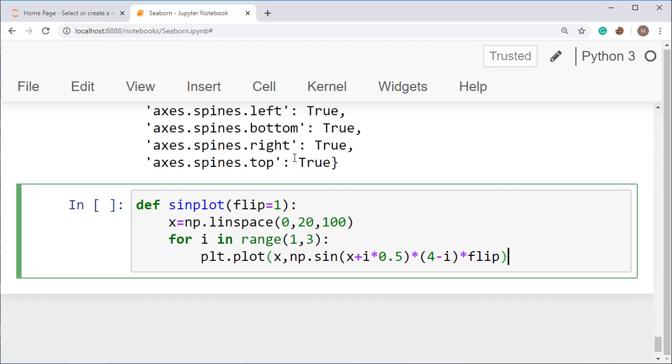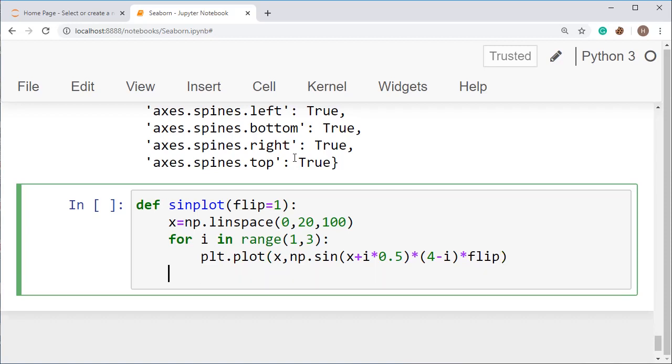Now what you have to do is sb.set_style, and I'm setting it to darkgrid. And I am using axes.axisbelow.